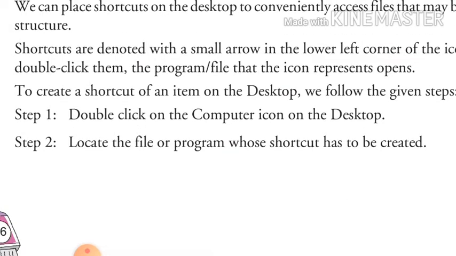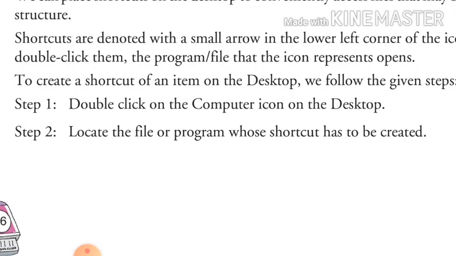You have seen some of the icons already on the desktop. Just like you can open MS Word, Excel, PowerPoint, and some more programs, shortcuts are available on the desktop. It means you can easily open MS Word, Excel, PowerPoint from the desktop only. No need to click on the Start button, then All Programs, then MS Office, then MS Word. If the MS Word icon is already on the desktop, you can double click on the desktop icon and open that file. So let's first learn how we can create a shortcut of any program or folder